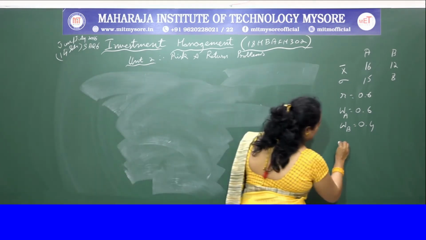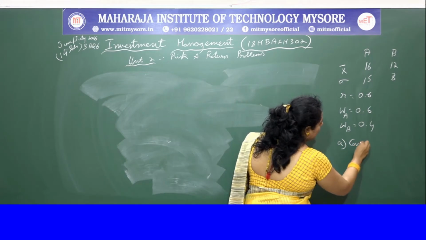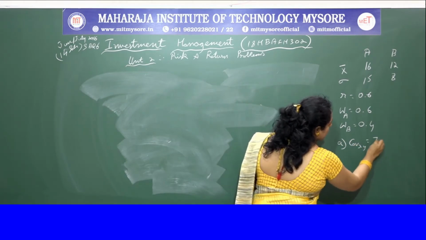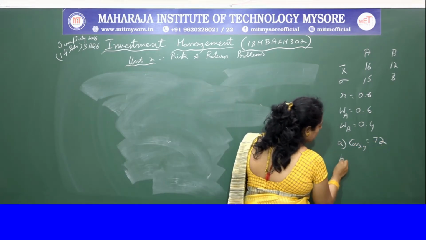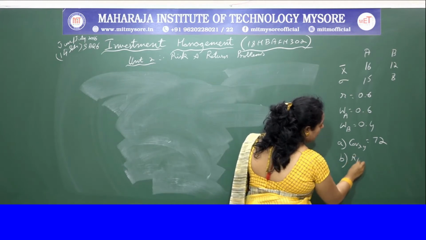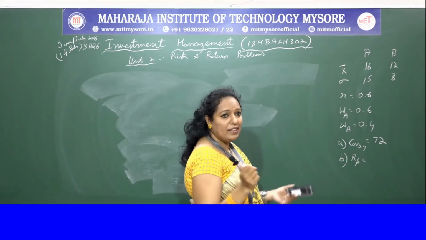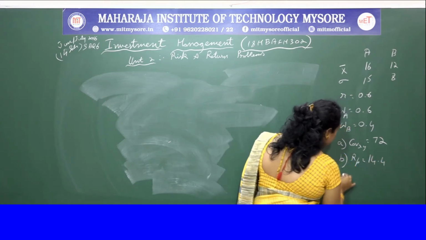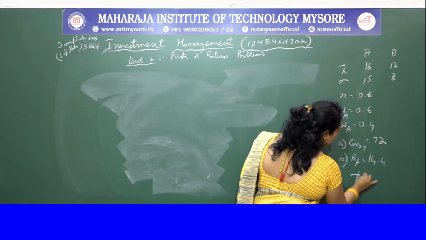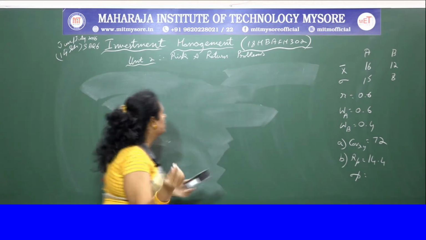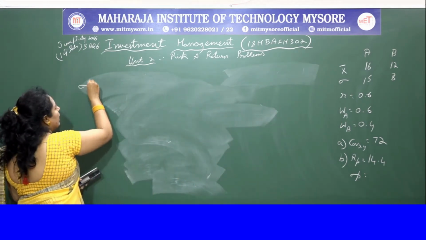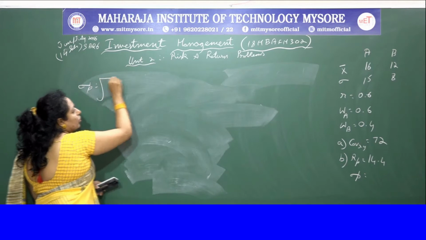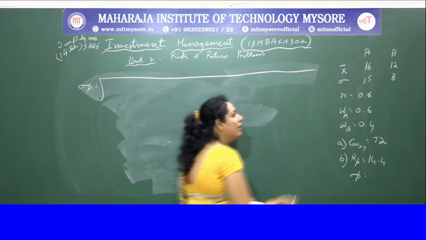Okay. So the first question they have asked is covariance XY, that is 72, we have got. The second question they have asked is portfolio return, and portfolio return we have got 14.4, and now we are calculating risk of a portfolio. Okay, risk of a portfolio, we know the formula well. You remember this, the big formula,